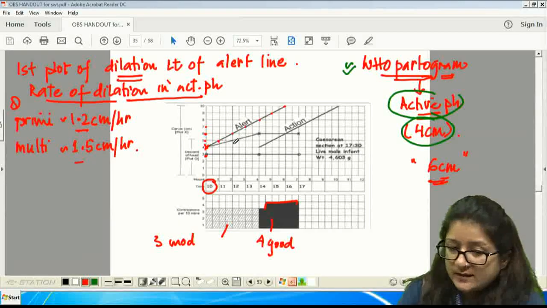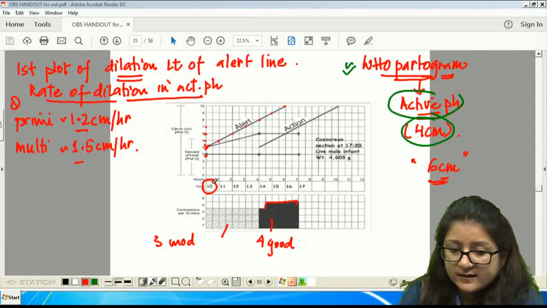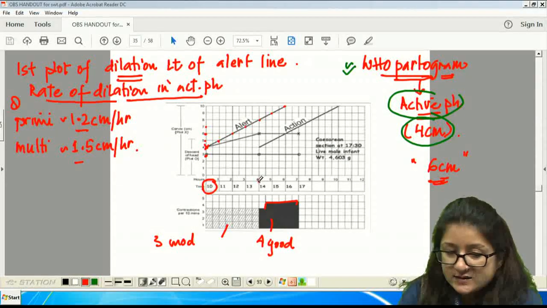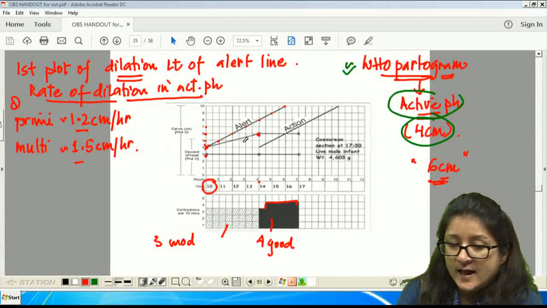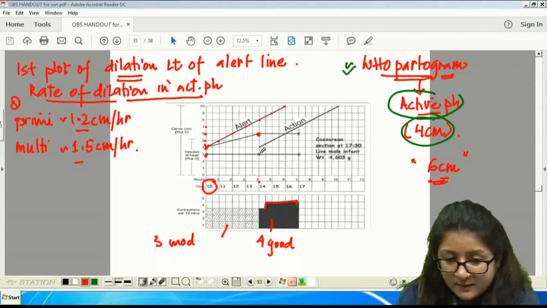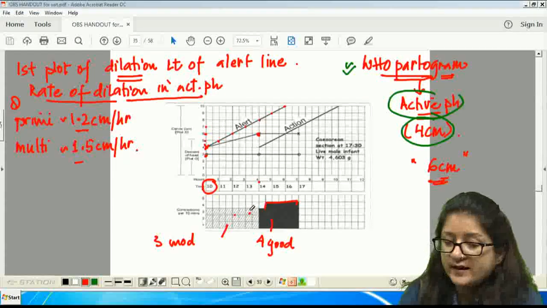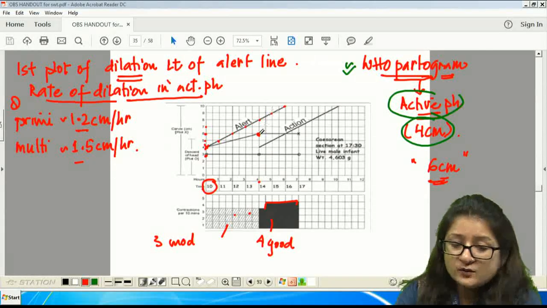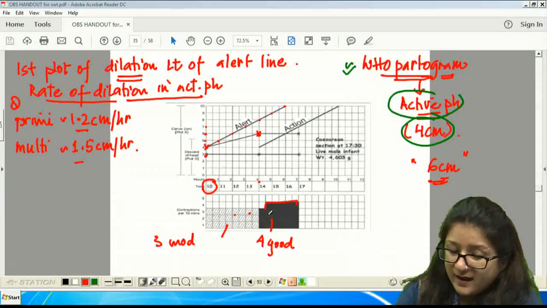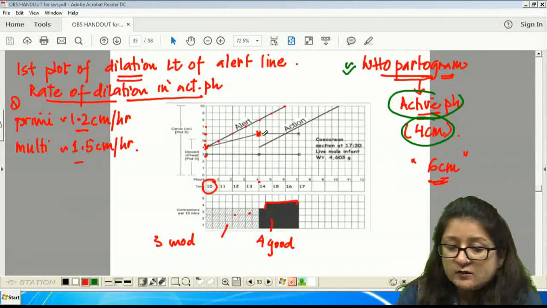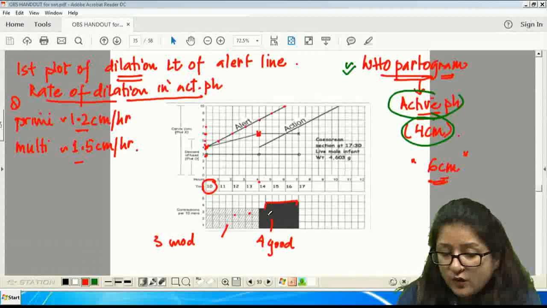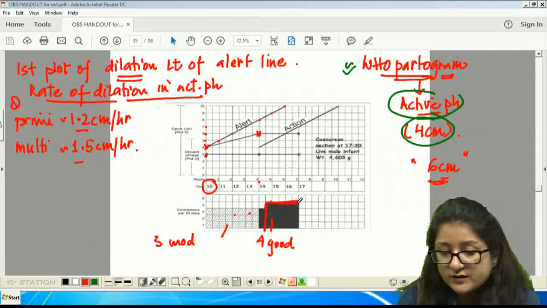Now in this woman, what has happened is that 4 hours later, at 2 p.m., when she was reassessed, she had moved on to only 6 centimeters. So the alert line had been crossed, and in the meanwhile, what had happened to the contractions? The contractions were still moderate, right? So what was done? Contractions probably became good in the later part of the cycle, probably by giving oxytocin or whatever. And then she had four good contractions for the remaining